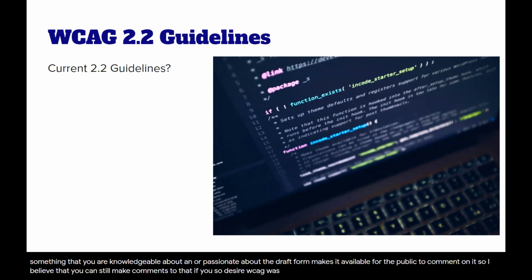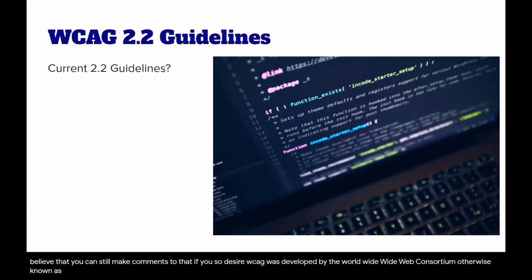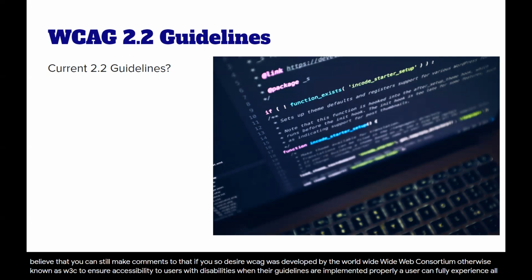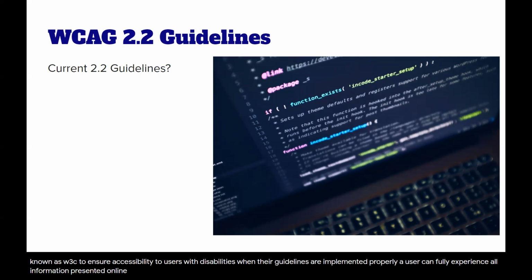WCAG was developed by the World Wide Web Consortium, otherwise known as W3C, to ensure accessibility to users with disabilities. When their guidelines are implemented properly, a user can fully experience all information presented online. WCAG 2.2 was initiated with the goal to continue the work of WCAG 2.1. The 2.2 guidelines,